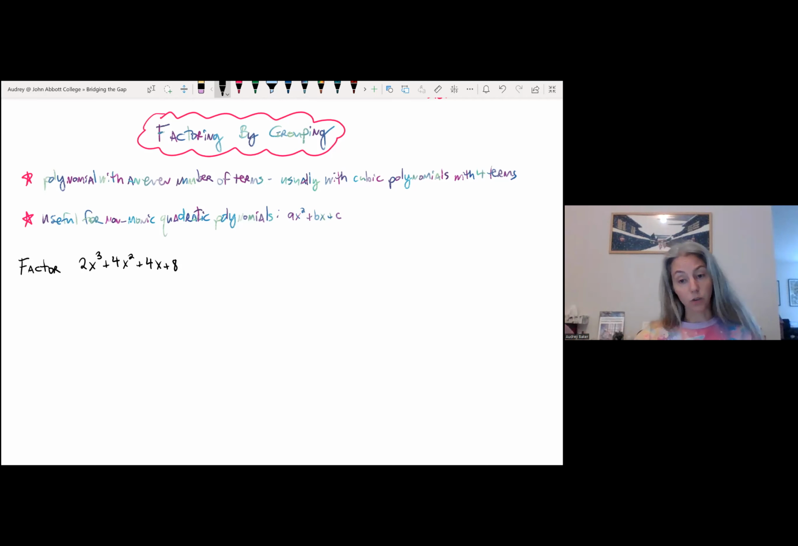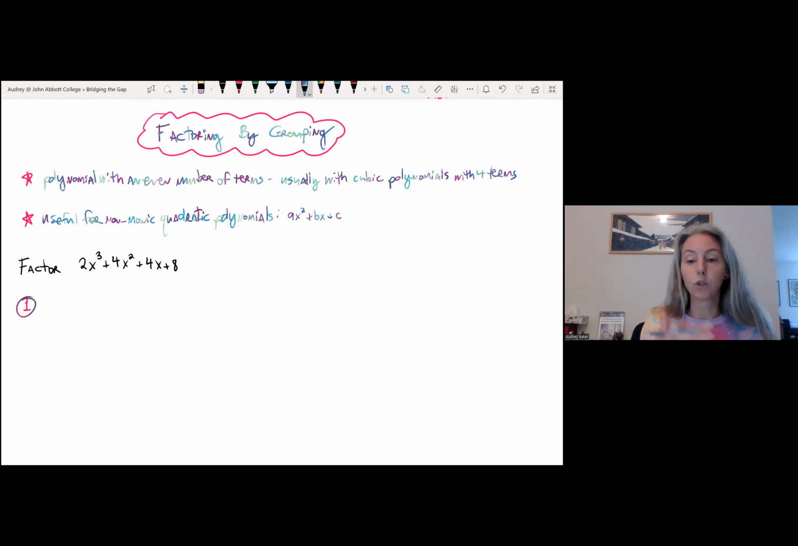Now, if you know how to factor this polynomial, pause the video, do it, then come back and double check your answer. If not, we're going to go through the steps of factoring by grouping and see how they apply to this specific polynomial. So the very first thing that we want to do is separate our polynomial